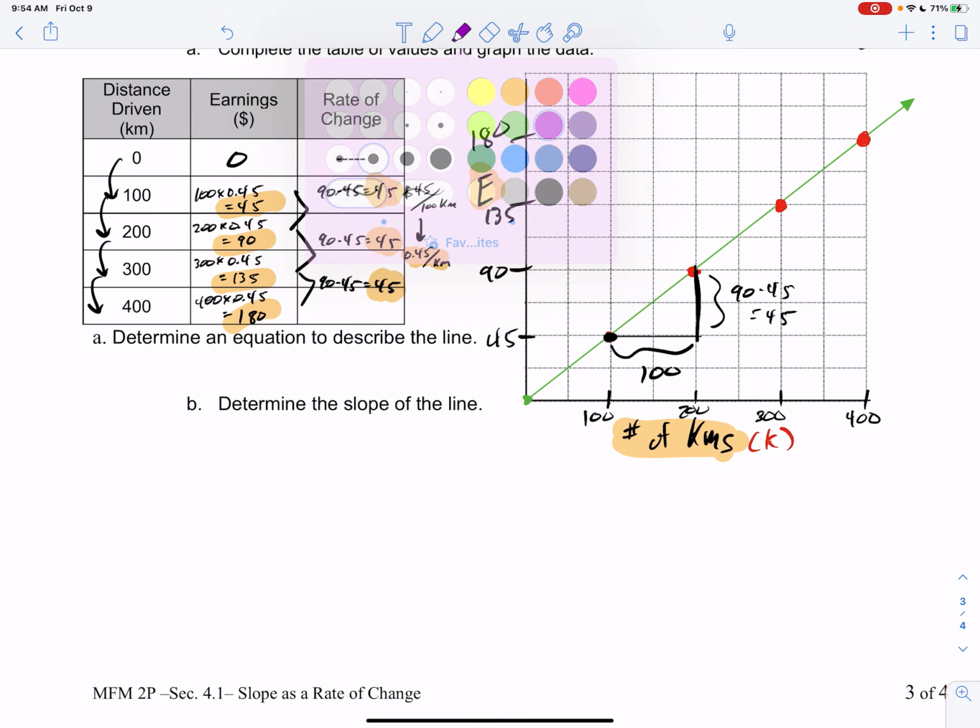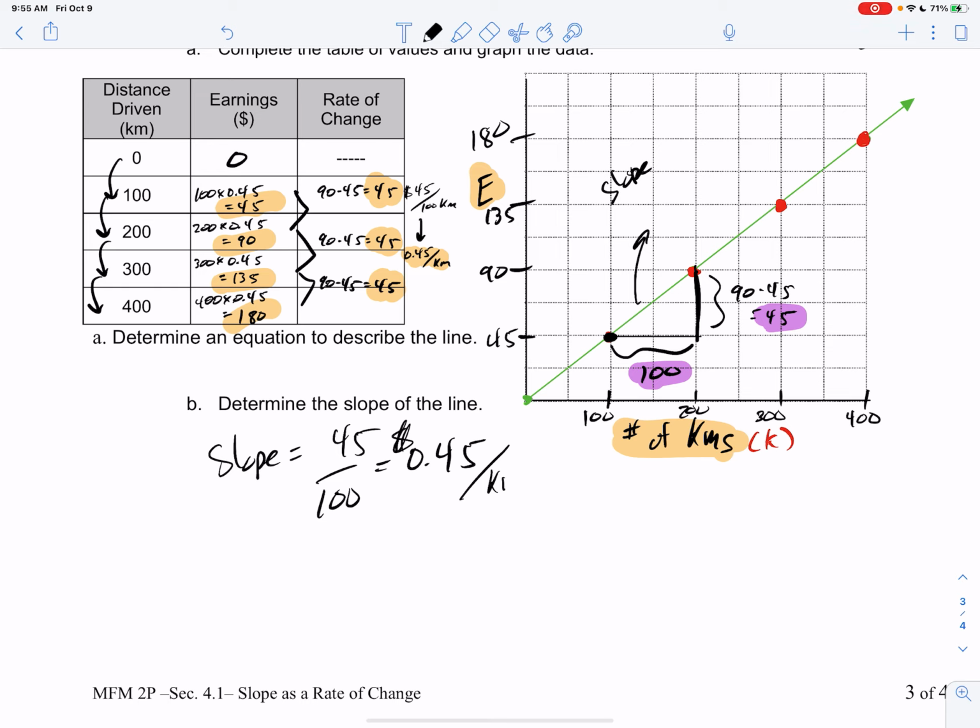And in this case here, that's my rise, and this is my run. So if I go to calculate my slope here, as they're asking, my slope is going to be my rise over my run, which comes out to be 0.45. And this is measured in dollars per kilometer. Okay, so you'll notice here,